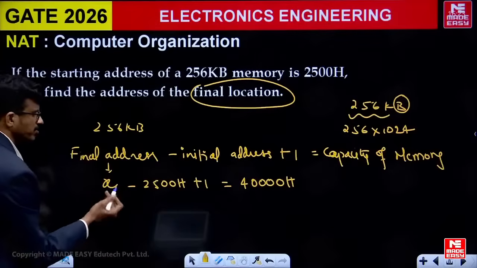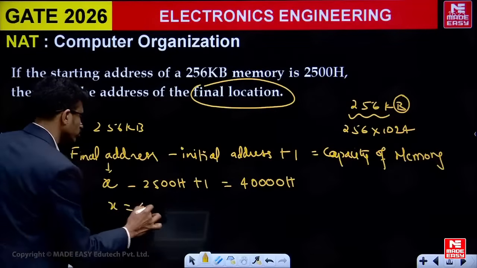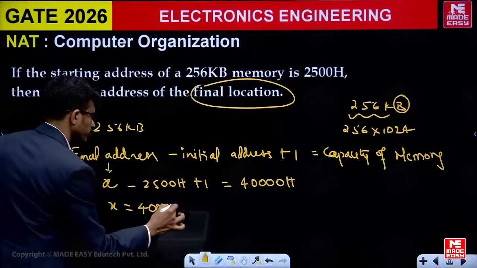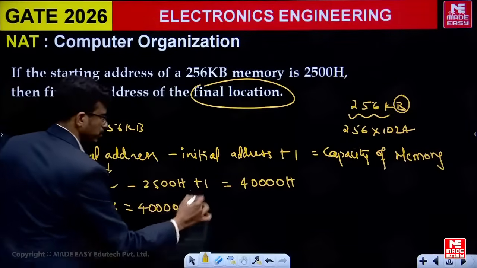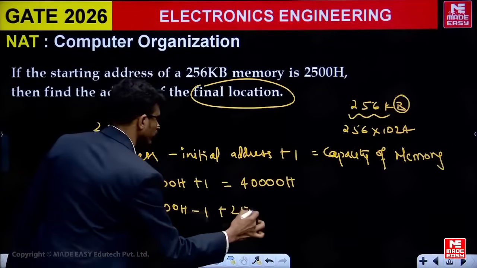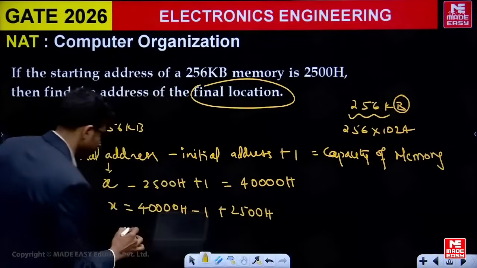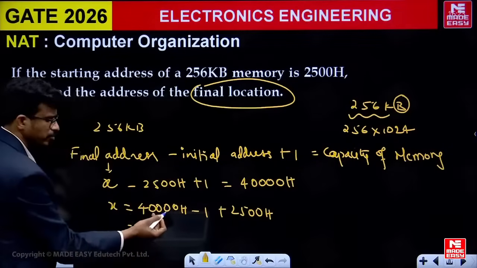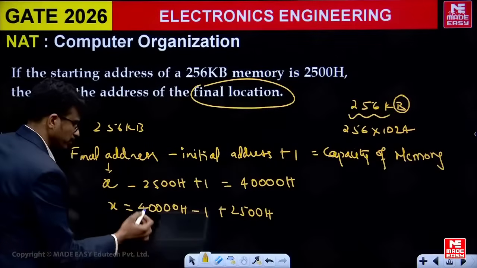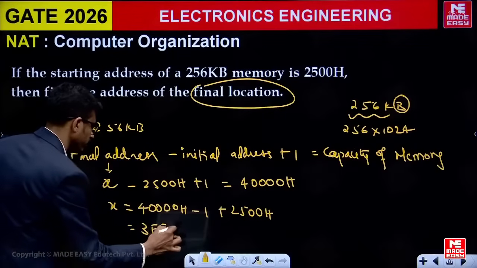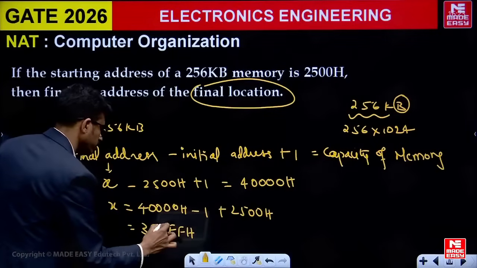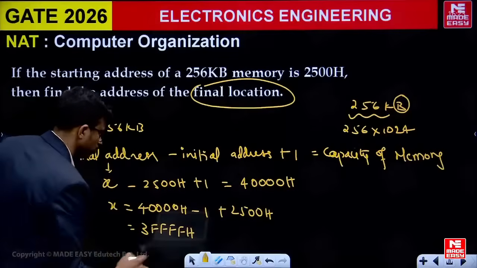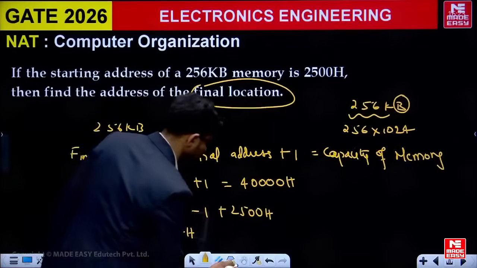So what is the value of x? Very simple. x is equal to 400h, we are writing in hexadecimal form, minus 1 plus 50. To make it simplified, in hexadecimal form it is 3FFFh. This is minus 1 plus 250. So if you add this value, you will get